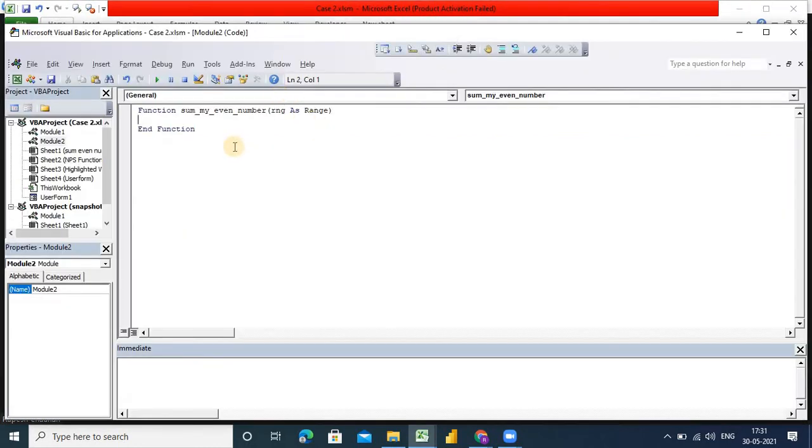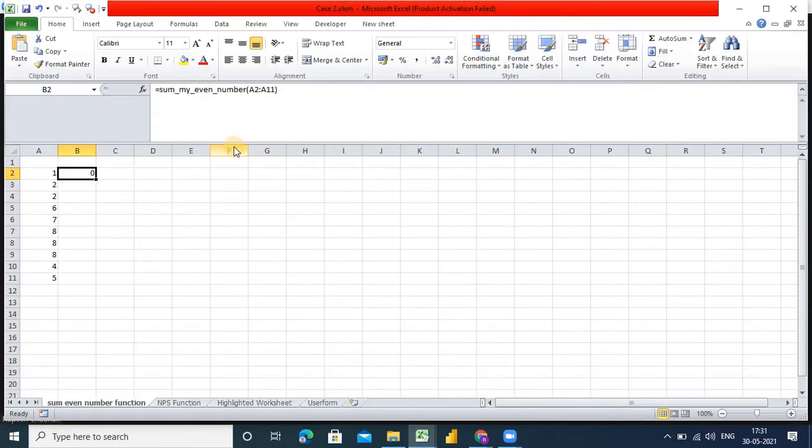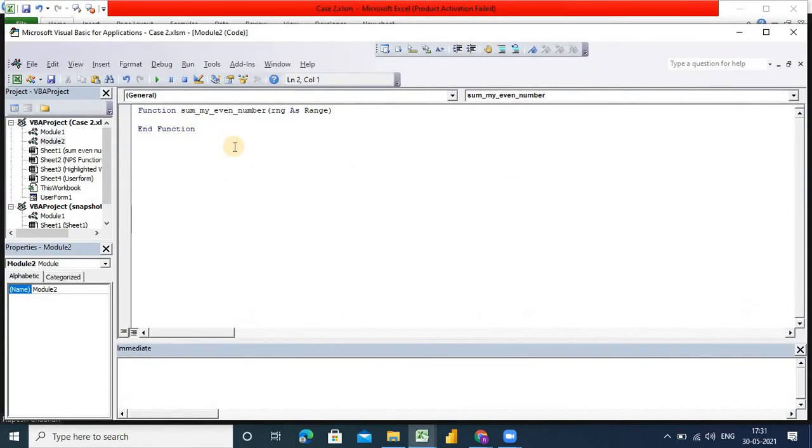Now I am going to use a For Each loop to go through every cell inside the selected range. For that I will use For Each cell in range. This is the procedure, the format to write a For Each loop. The cell is the iterator, you can give any name, like say I am giving x, but the range should be fixed to whatever you have selected here.